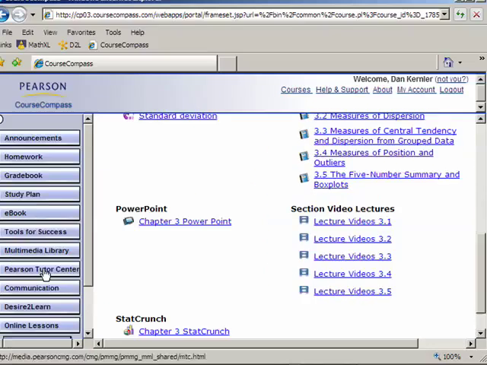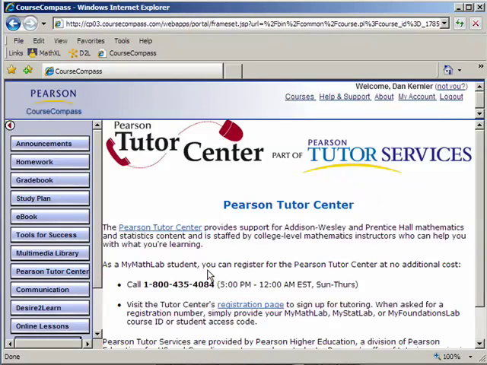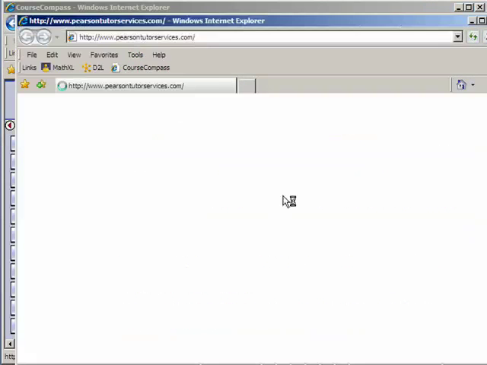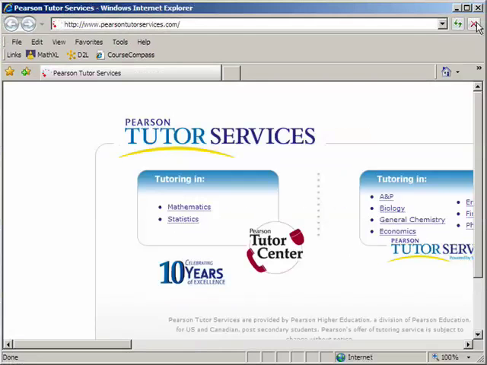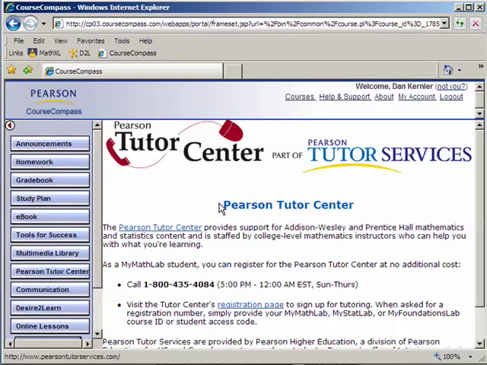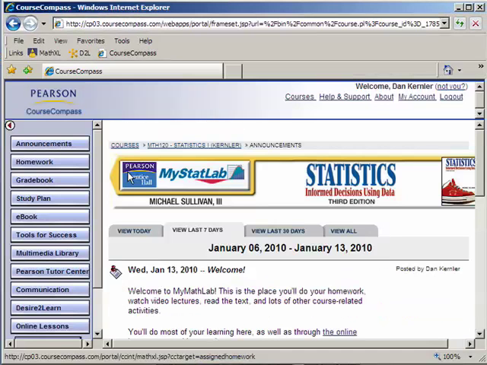All right, moving along. The Pearson Tutoring Center is free tutoring. You can just click on this link, which opens up a new window. You're going to have to give some information, log in, and you can give them your course ID, which is on the top of our page here, if I go to the home page. I know I gave you that information within D2L, so you could get to this point where you are right now looking at